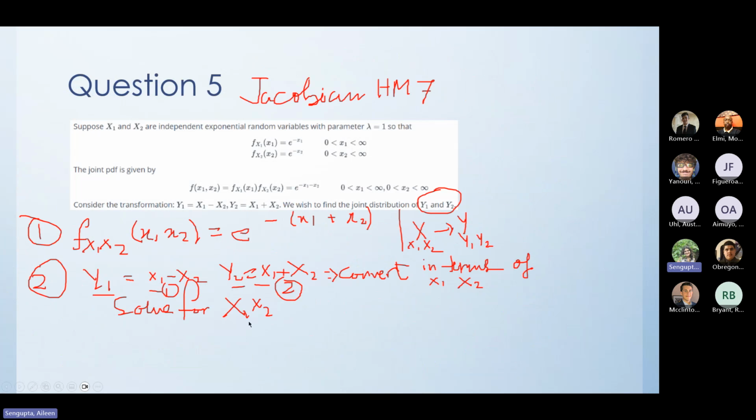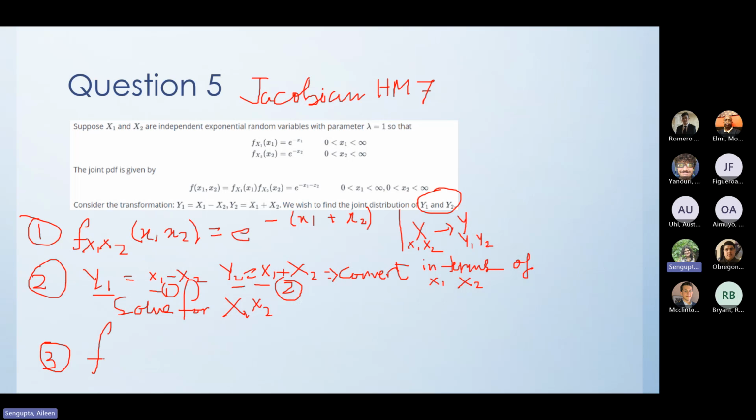So solve for x1 and x2 is the first step. Please write it down even if you are studying multiple subjects, because these are the things that are going to be required in your exam hall: how to actually go about solving it. How to solve for x1 and x2 in simultaneous equations, I'm pretty sure everybody will be able to get that. Step 3 is basically to find out